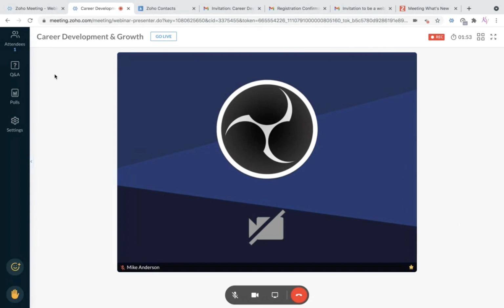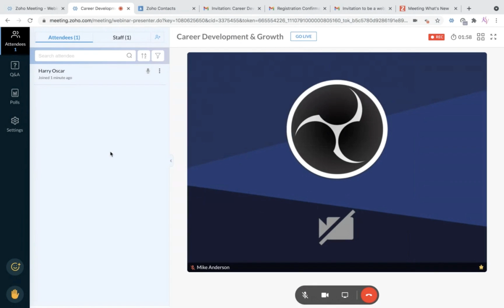From the left panel, you will be given the list of tools and tabs with their respective features. The attendees tab contains a list of attendees who have joined your session. You can use the search and sort to find any respective attendee that you're looking for. With the more actions provided, you will see there are certain controls next to each and every attendee. You can let an attendee communicate during the session by sharing the screen or showing the webcam and even talk during the session. So this will make your session more interactive and engaging.